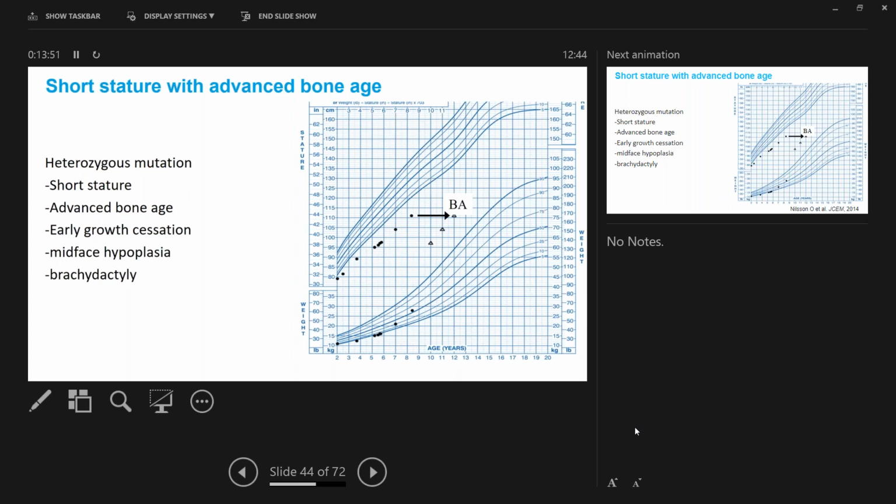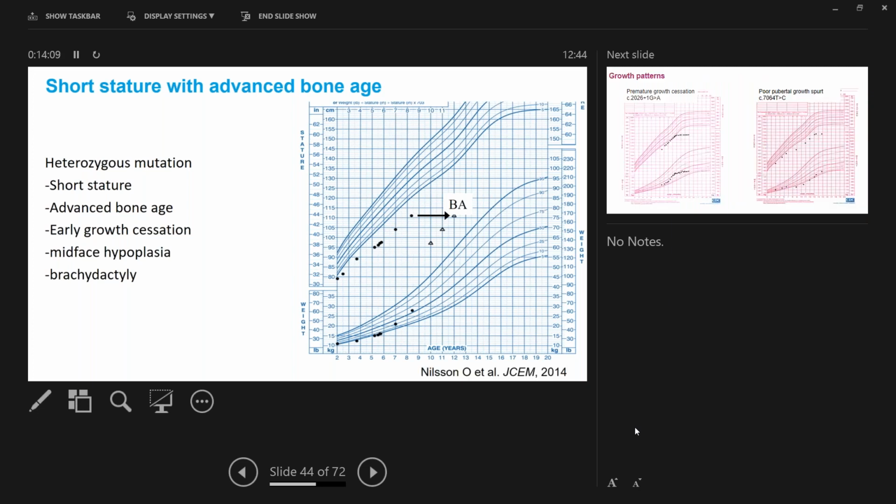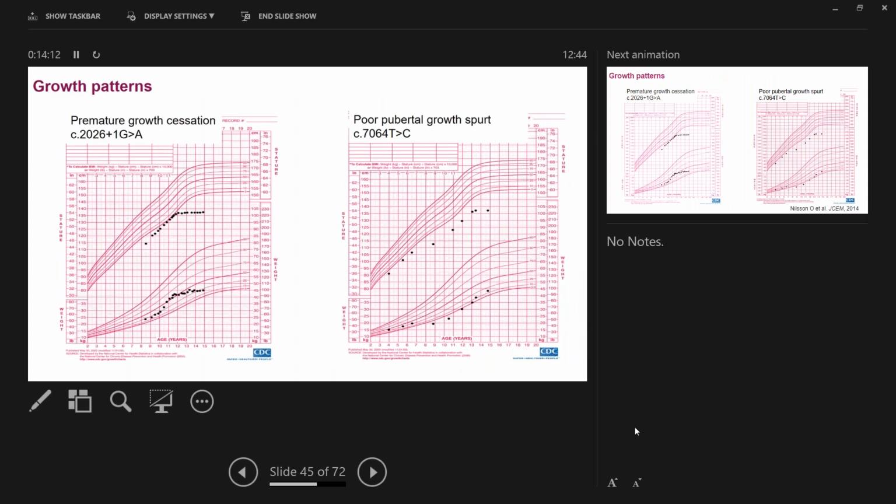So she says, as a girl, she was not short, but then at 10 years of age, she just suddenly stopped growing despite having a normal puberty with menarche at 12 years of age. So that is highly unusual, to stop growing 2 years before menarche in a girl. Luckily, we had good collaborators, which is always important. So we collaborated with Andrew Dauber, who at the time was at Harvard Medical School, and they had 2